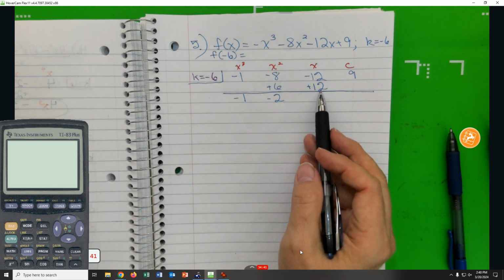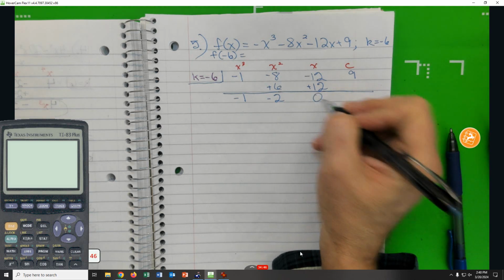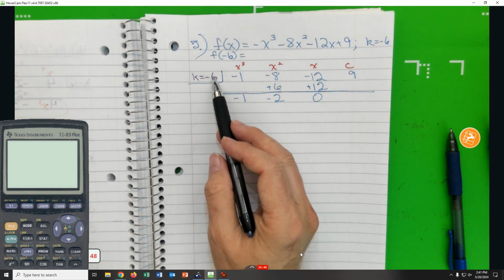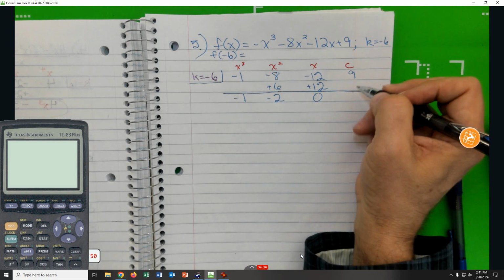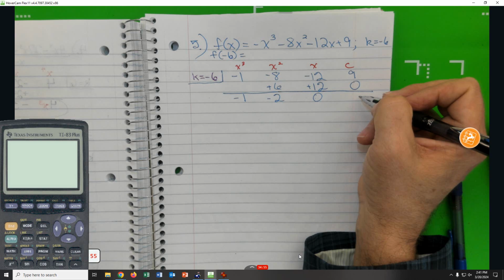Negative 12 plus 12 gives me 0. 0 times negative 6 gives me a 0. 9 plus 0 gives me a remainder of